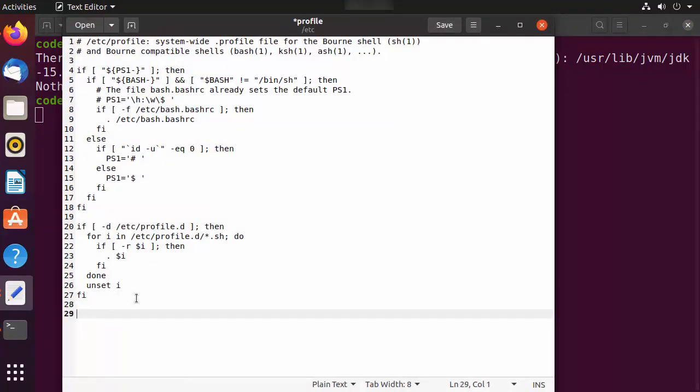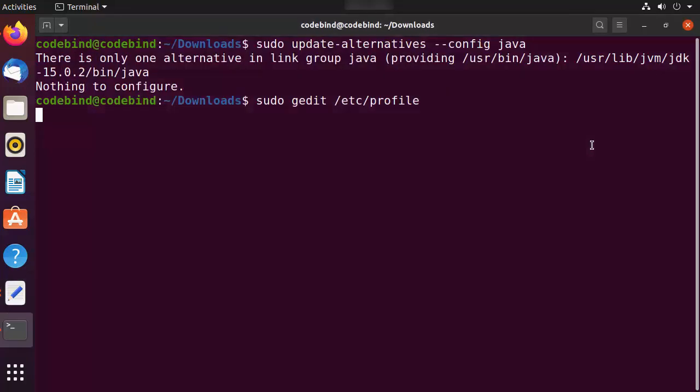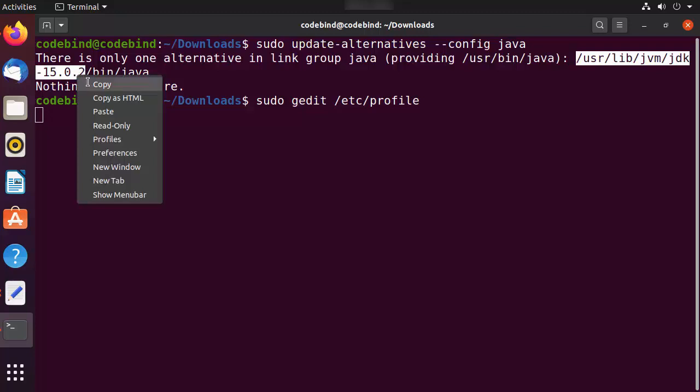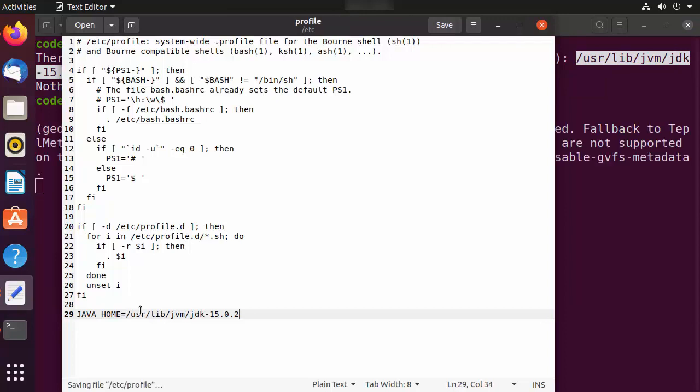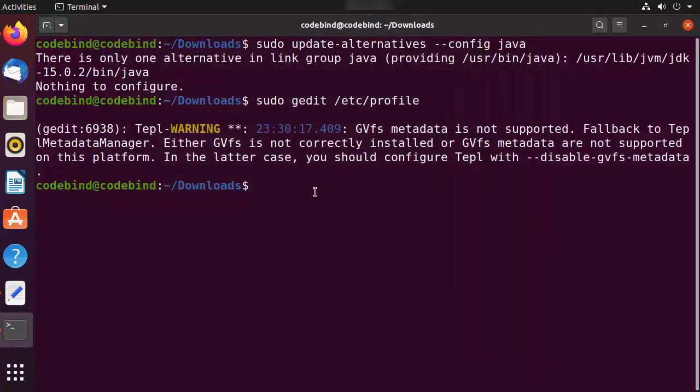So at the end of this file, you need to just type JAVA_HOME all in capital and without any space, and then equals, and then you need to just copy the path of your Java JDK folder until the version. You don't need to include the bin/java directory, right? So I'm going to just copy this and then paste this path here. Once you are done, just Ctrl+S to save your file.